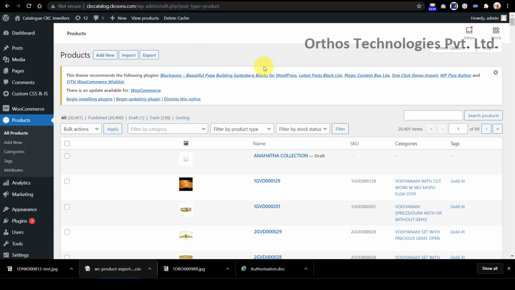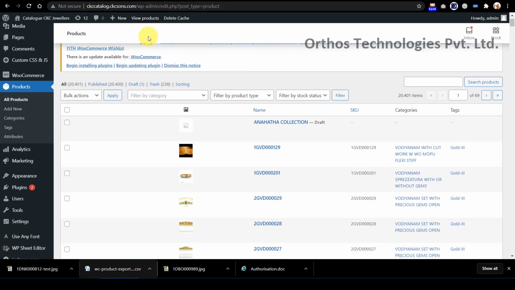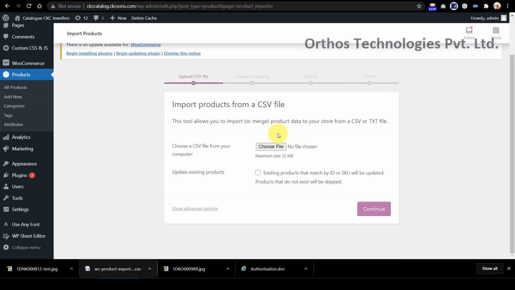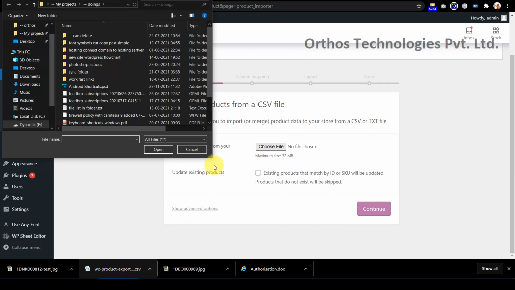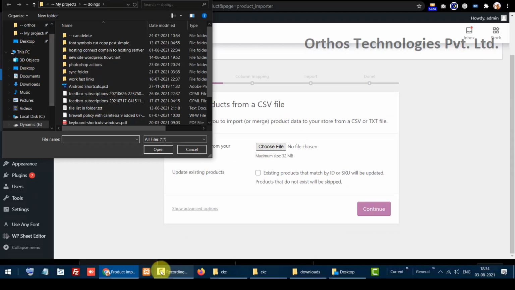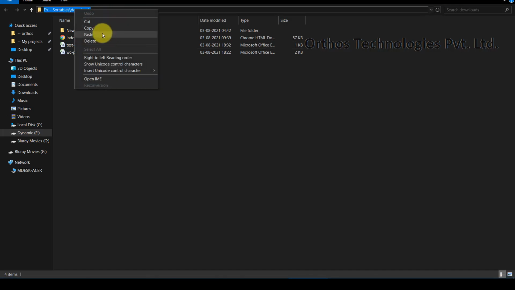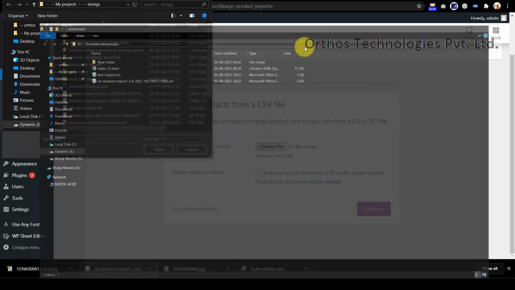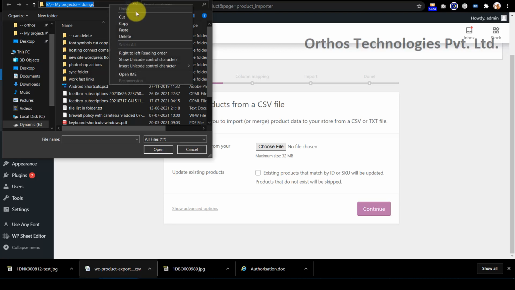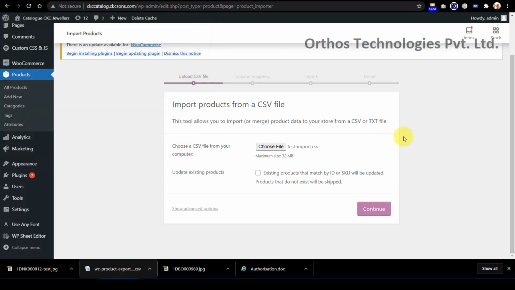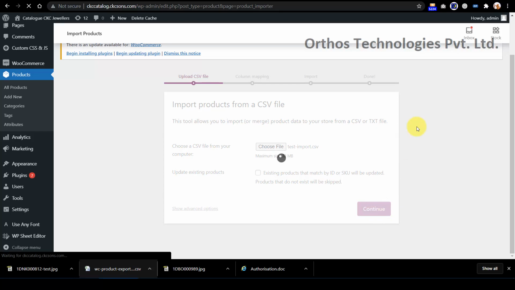So come to the front end and then import. Choose the file here. The file path is this. So this is the file. Open the file. Continue.